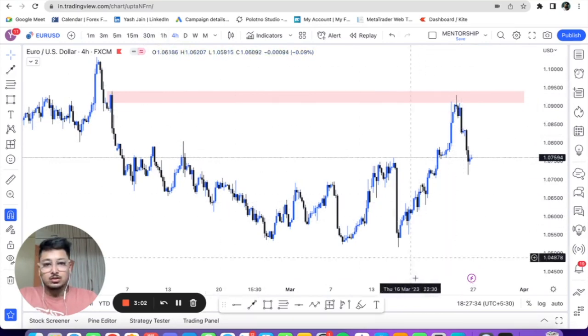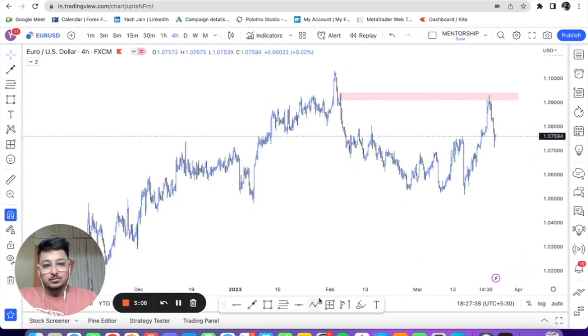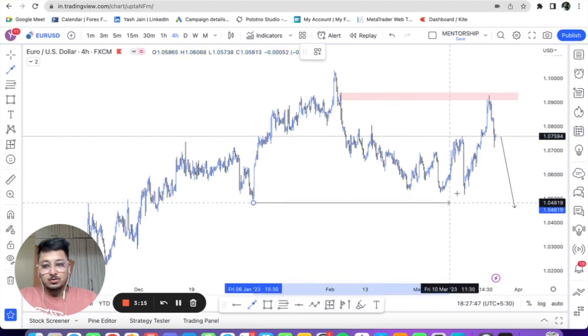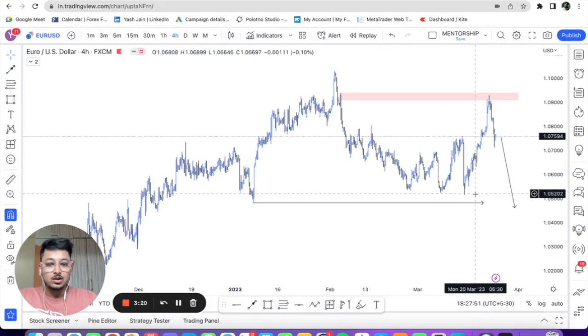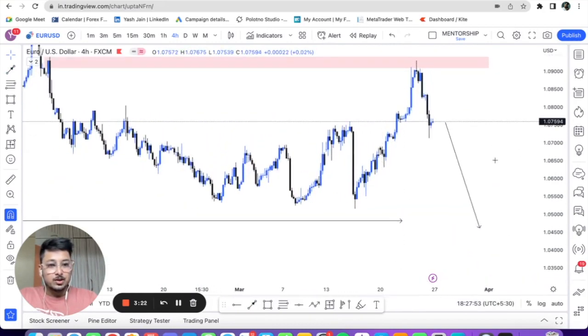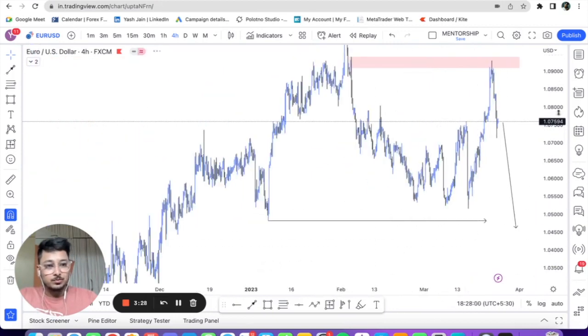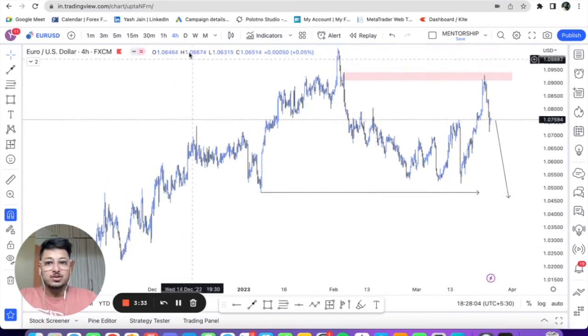This now looks like if at all we get any pullback, again we will see a break of these lows. It's a very high probability because the market will not respect one particular demand over a period of time. It's been what now, 1, 2, 3 taps into this particular demand area. Now if at all we come once again into this region, it's a very high probability we can continue to break below and go down into other major demand areas which need to be tested.